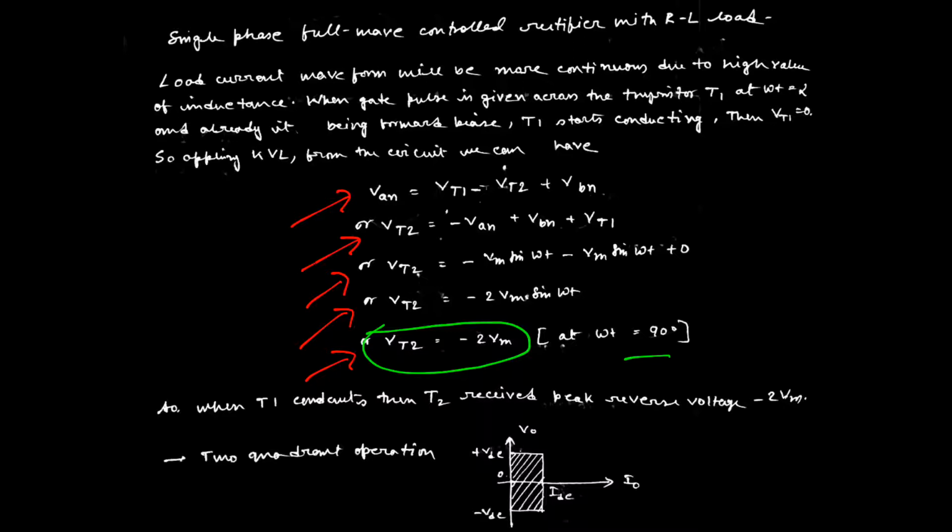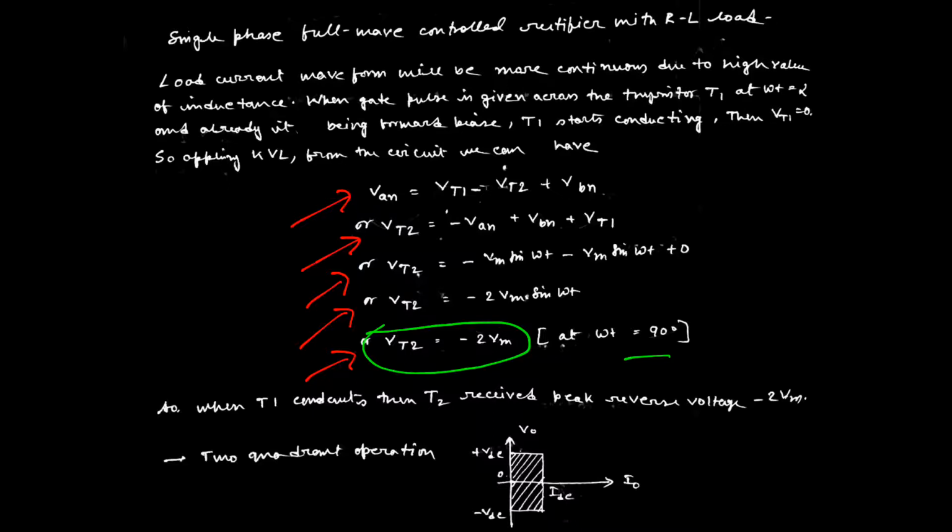That is why it can be treated as positive current. That is why the multiplication of the negative voltage and the positive current will give you negative power. So that is defined by the fourth quadrant operation. So in this operation, we can say the total power is delivered from load to supply, which means the power is fed back from load to supply.